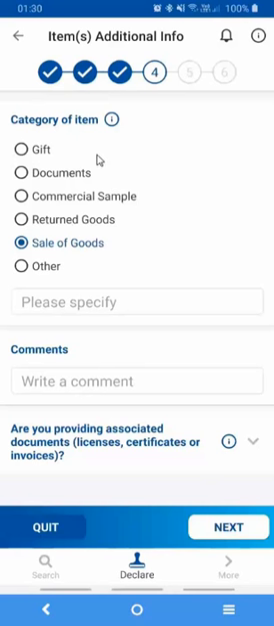In the next screen, you'll have to supply details about what is the category of this mail item. So in my case, I'll simply describe the fact that it is a gift from myself to my friend John. You can also describe many other types of category of items. If you select other, you will have to specify manually what category of item this is. You also get to supply some comments. This is an optional field,